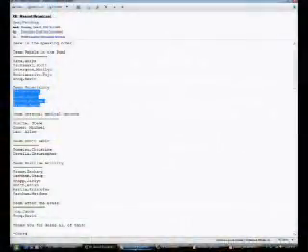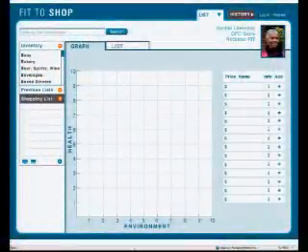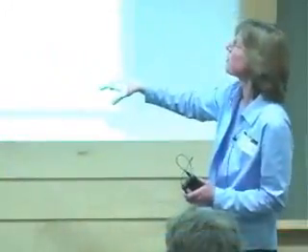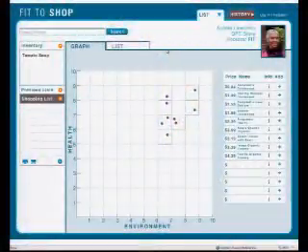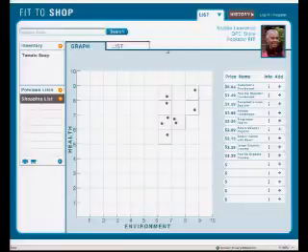So Sophie has read about Fit to Shop, and she decides to check it out. This is what she sees when she goes there. First, the page is dominated by this graph that has a health axis along the side and an environmental axis along the bottom. She notices the search box up there, and one of the things she's planning to buy today at the store is tomato soup. So she types in tomato soup, runs a search, and sees two things happen. First of all, there are 9 types of tomato soup available in her store, and they're ranked here by price.